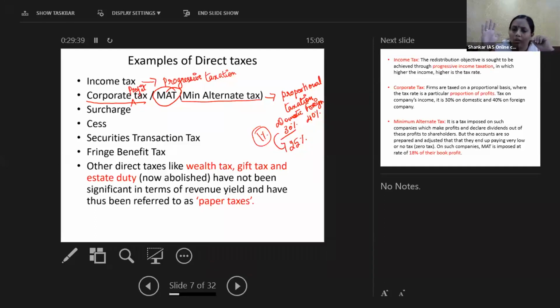Assume a particular company is saying, I'm earning 1 crore, I have spent 1 crore, so I don't have a profit. In that situation, the government wants to collect something called the minimum alternate taxation, right? The government started facing challenges when a company like Reliance started saying that it is not earning any profits. Who will believe that a company like Reliance is not earning any profit? So what they did was,